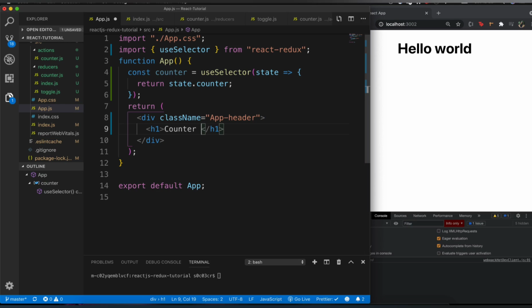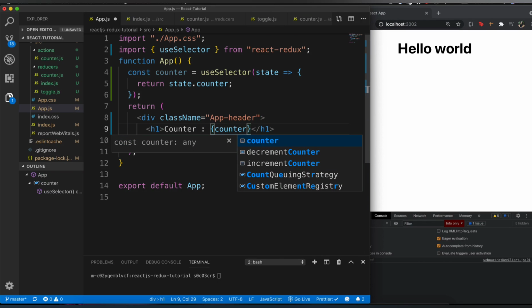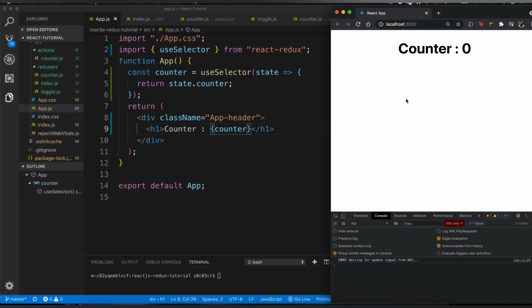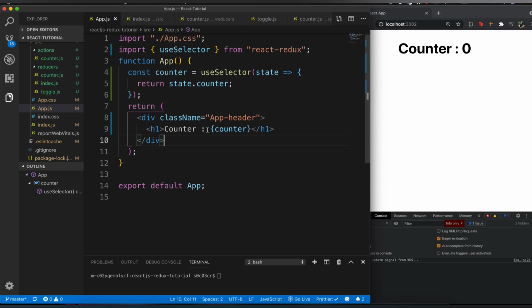So I'm going to say counter, and all I want to do is basically display the counter, right? So let me hit save on this, and I'm going to go ahead and refresh. And as you can see, the value is 0, right? That's the initial value we have given, right? We have not dispatched any action. We have not done increment, decrement or anything. We are simply just getting access to the state, right? The counter state, we have got access to it using use selector, and we are able to display it inside